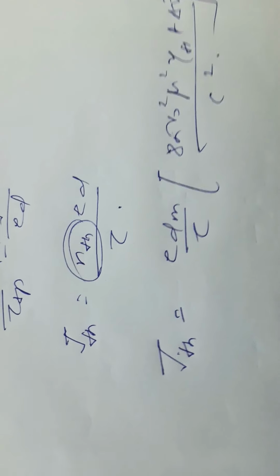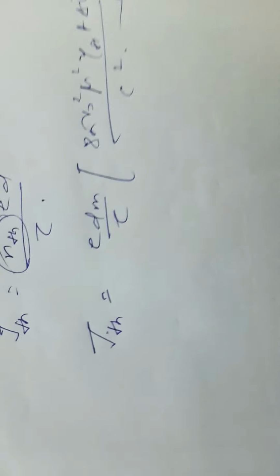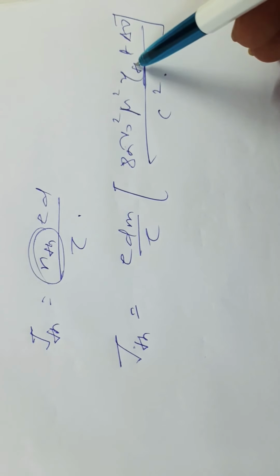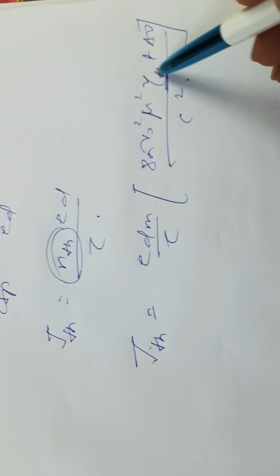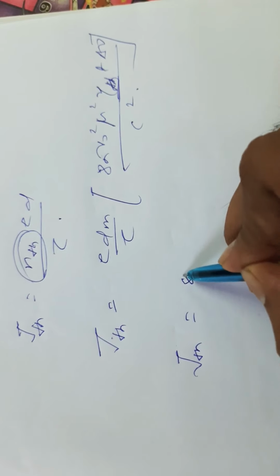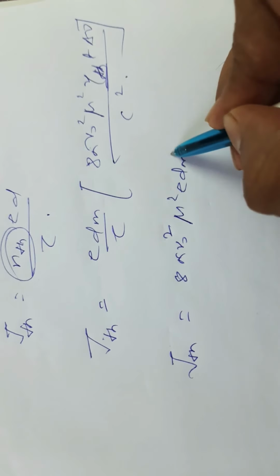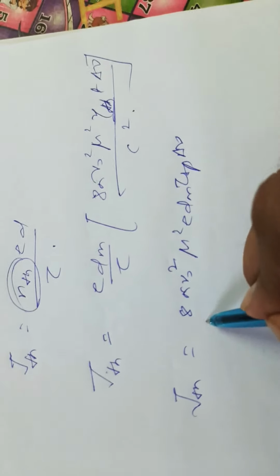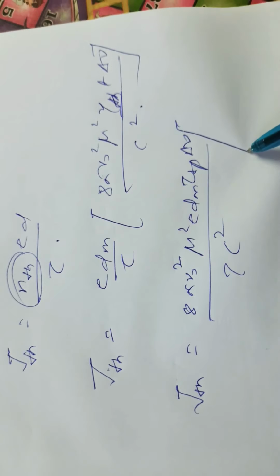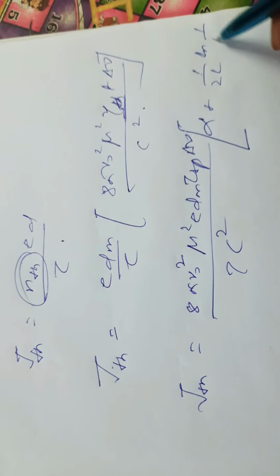Now we'll substitute the value of gamma_th, the threshold gain, to get J_th equal to 8 pi mu naught square mu square e d_m tau_sp delta nu by c tau c square, and then with a bracket alpha plus 1 by 2L ln 1 by